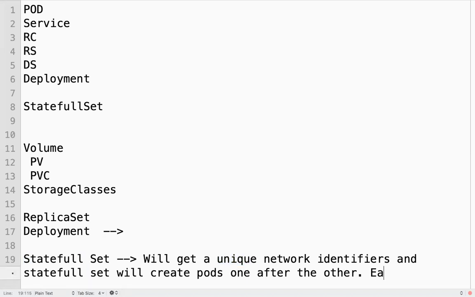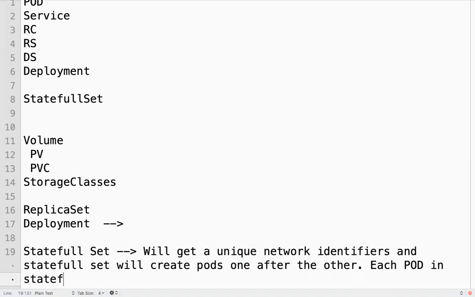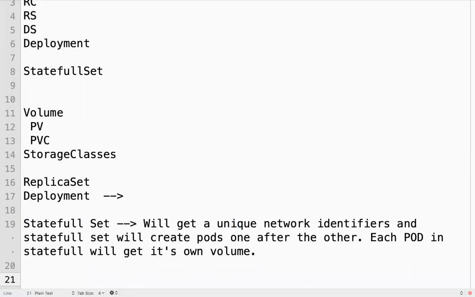And each pod in a StatefulSet will get its own volume. Suppose I have 3 replicas in a StatefulSet, how many volumes will be there for that StatefulSet? For each pod there will be a volume.